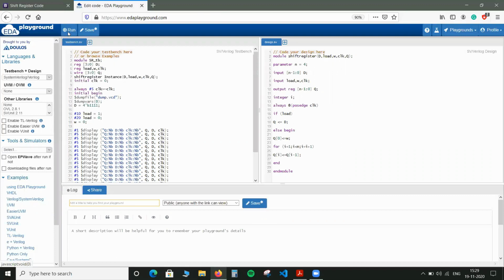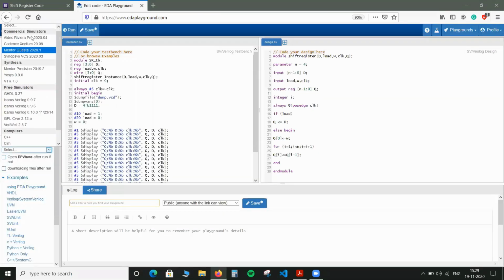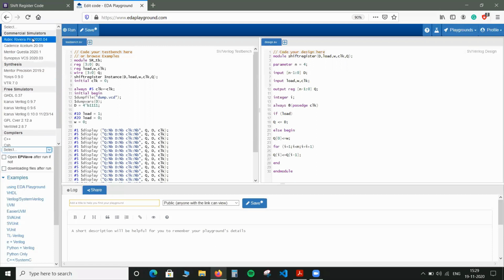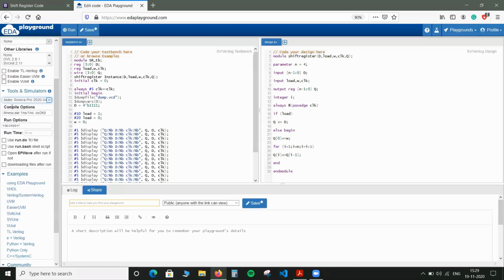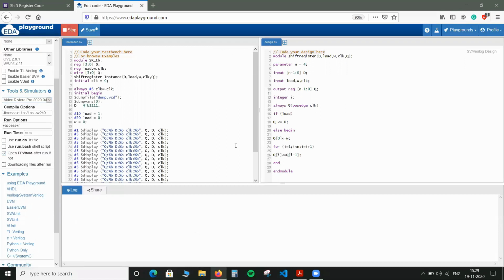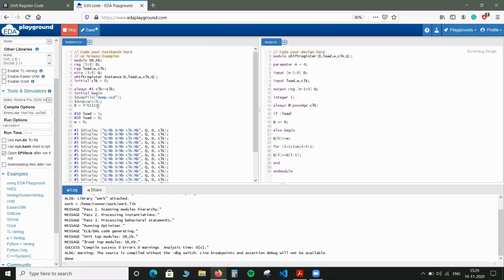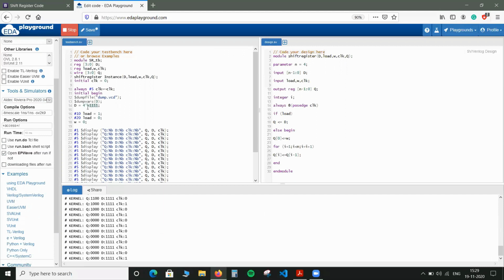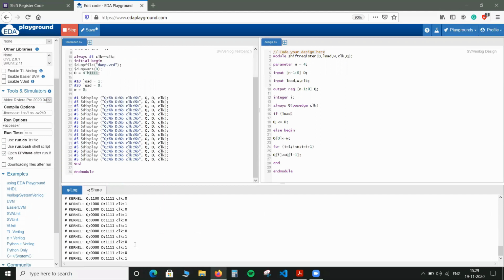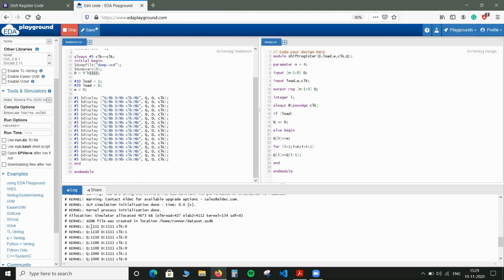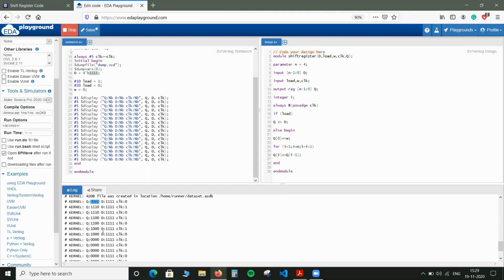Yeah. So in shift left, here we also have to choose the tools and other options. Here I'm choosing Android Preview Pro and OpenEML. As I run this code, we are giving 4 bit 1 as an input. Here you can see we give 1 as an input, and it stores in the queue. After storing the input in the queue, we are doing left shift.